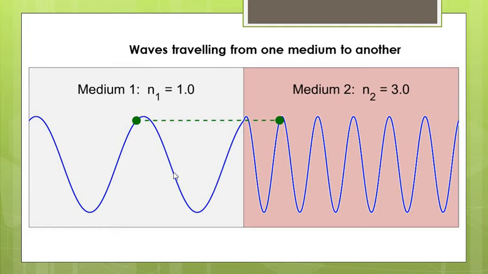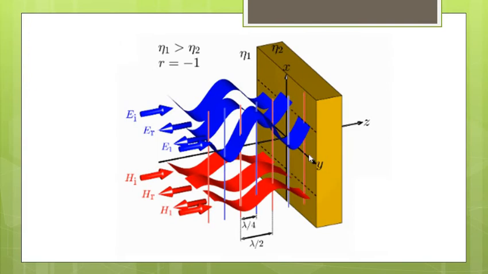So one more example you can see here. The wave is traveling from one medium to the other medium. Whenever it encounters the boundary, there will be some changes in the wave. You can see from the diagram. Here also I gave another example. So these are the electric and magnetic components. Whenever they encounter some obstacle or any boundary in between, some changes take place in the electromagnetic wave.